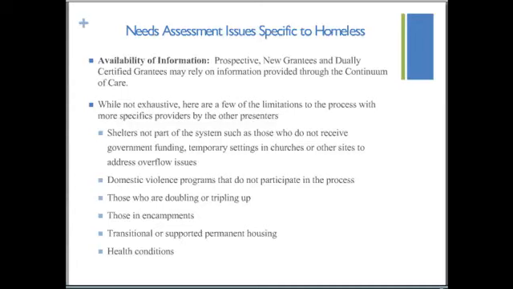The biggest drawback that I have noticed in using the continuum of care is its lack of documentation on the intensity of primary health care conditions. So you'll need to rely on other resources than that to identify the health conditions of the homeless population.